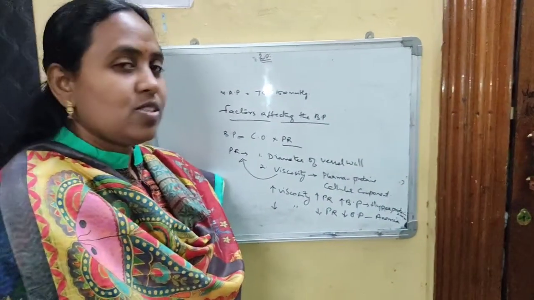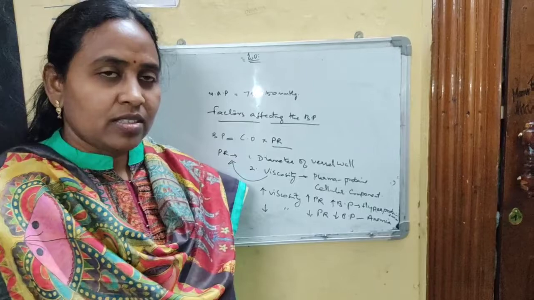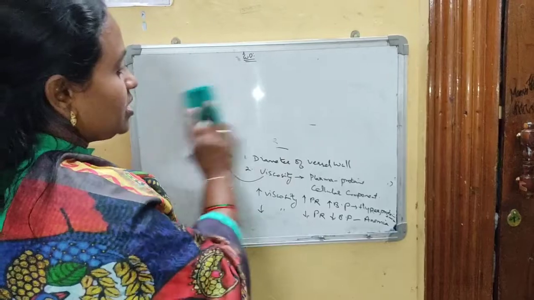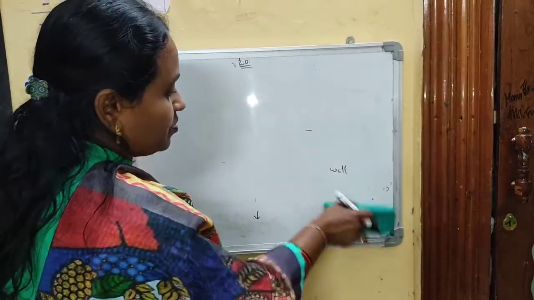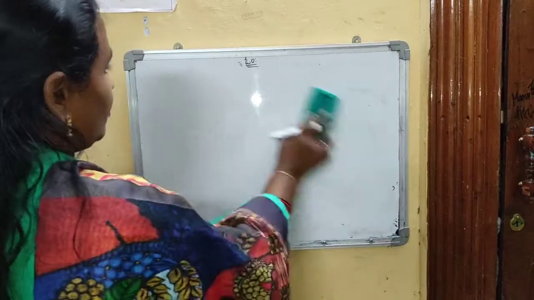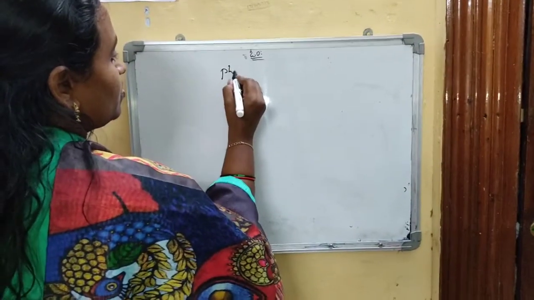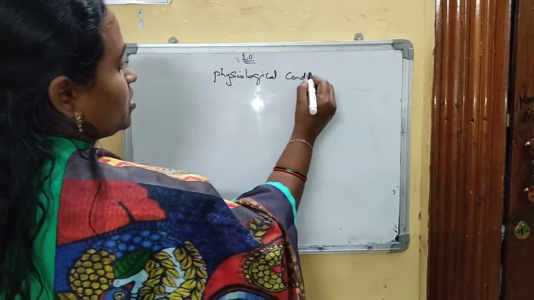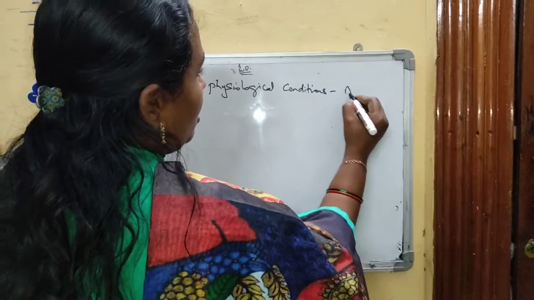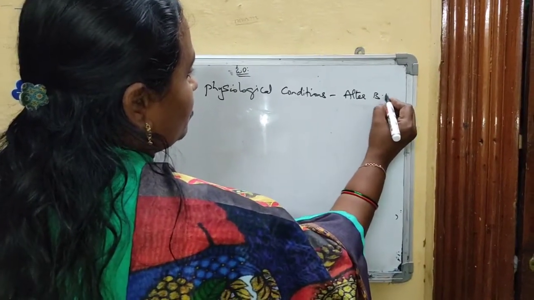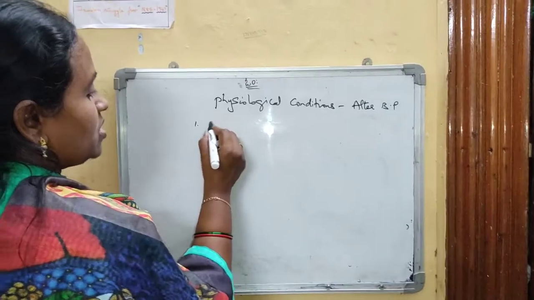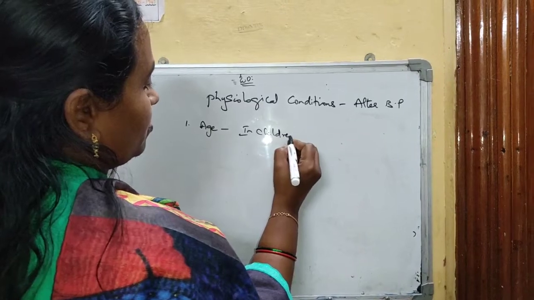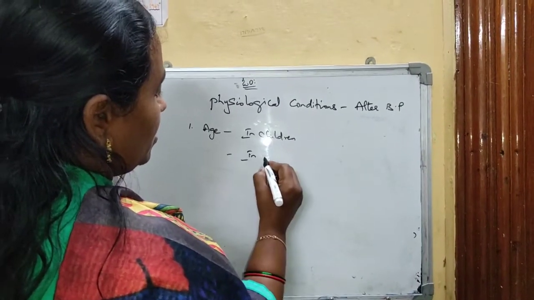There are certain conditions during which the blood pressure is altered. So here we will see the physiological conditions which alter the blood pressure. First is age: in children, in adults,